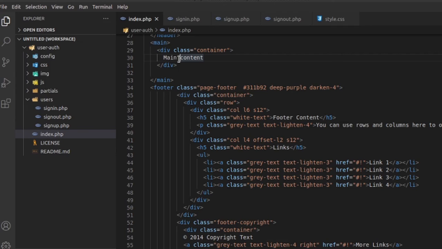Next we are going to use PHP for dynamically printing all of our elements, and we are going to work with the functionality of PHP sign in, sign up users, and we are going to interact with the MySQL database.